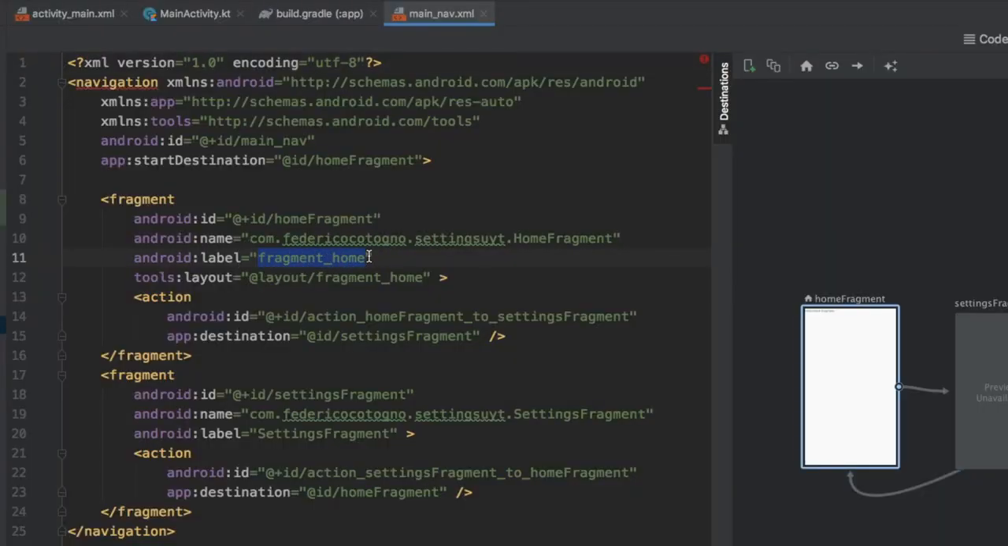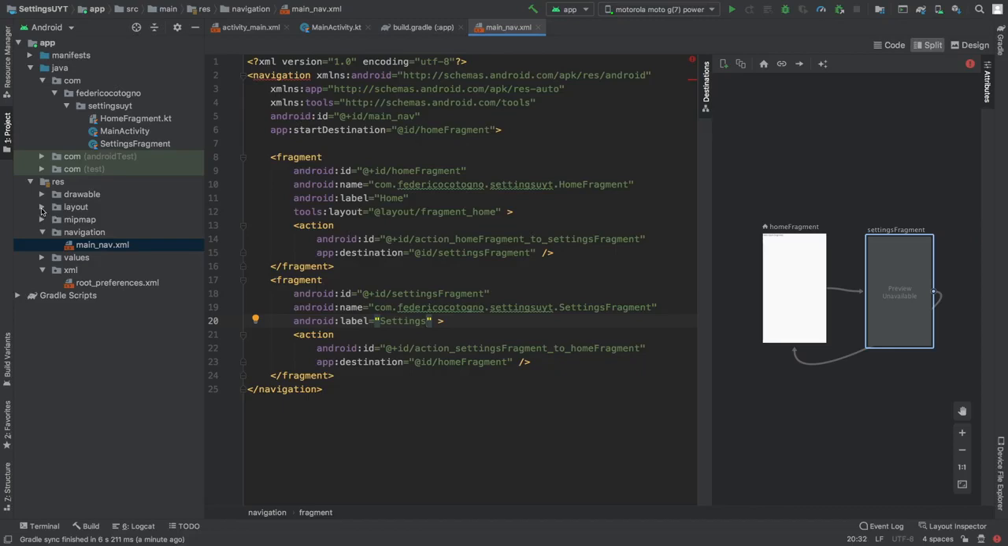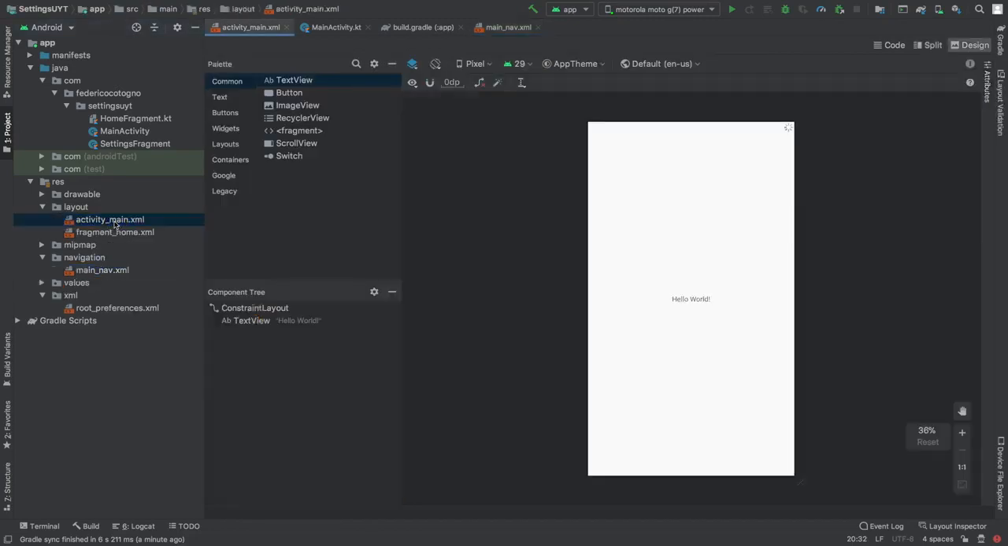So as you can see, for the first one, for home fragment, we will just type in home. And for the settings fragment, we will go ahead and just remove the fragment part, so it just says settings. And that will take care of everything we have to do in the main_nav XML. Next, we should go to our layout folder and open that and click on activity_main XML and remove this hello